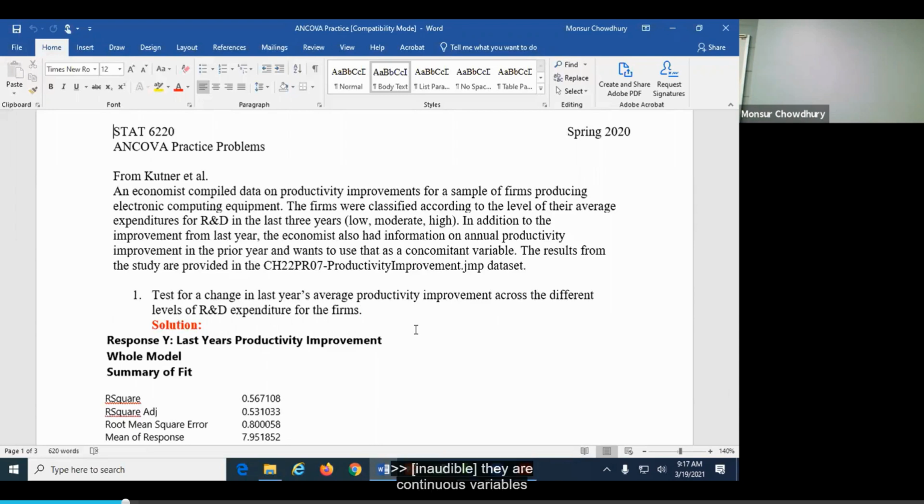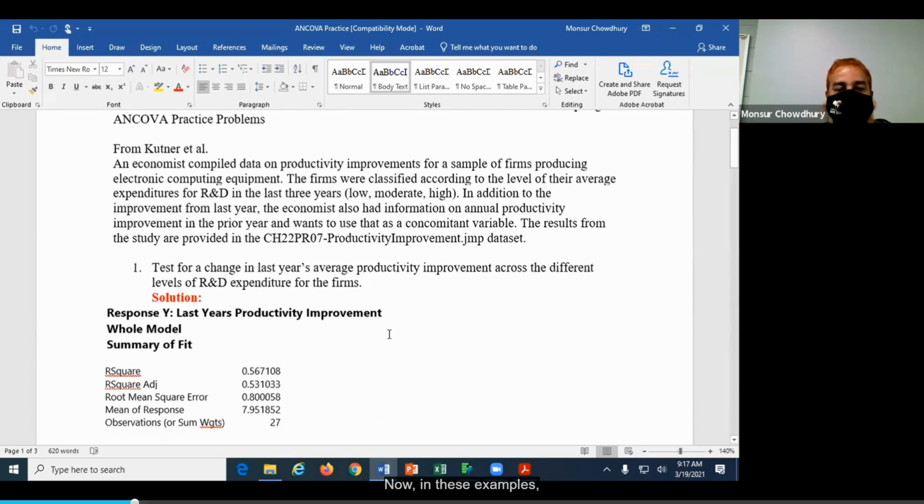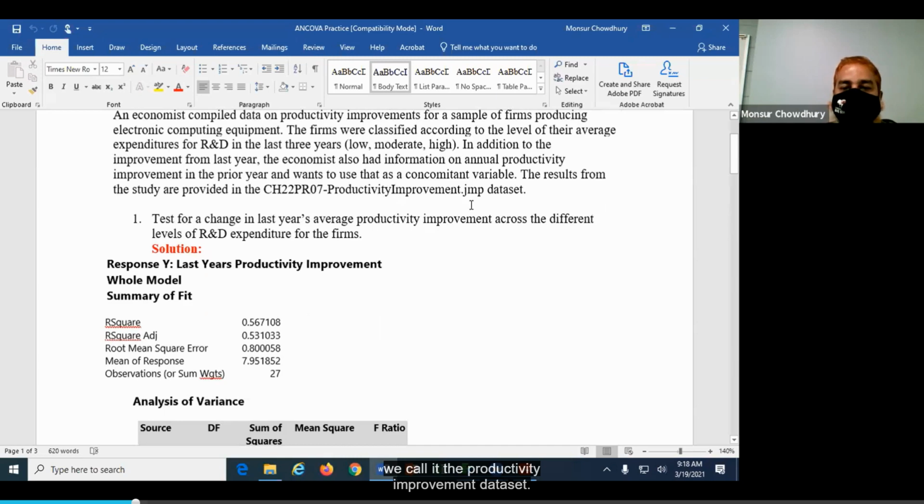Fitting the model with a continuous variable alongside categorical predictors. Now, we don't consider the continuous variable as a predictor, we just consider it a covariate. We adjust for the effects of this one, but our target is to know the effects of the categorical predictors on the response variable after adjusting or controlling for the effects of the covariate. The covariate we consider as a continuous variable.